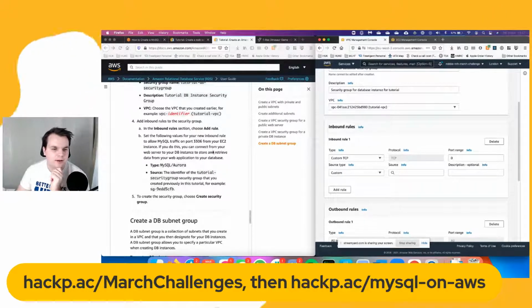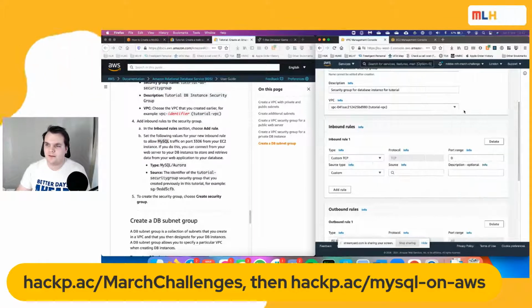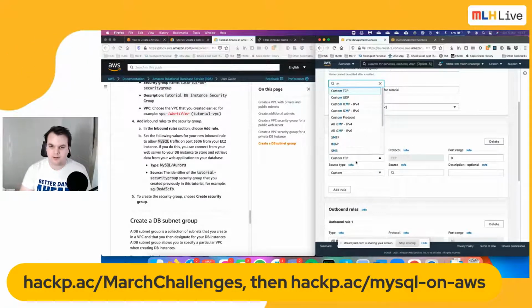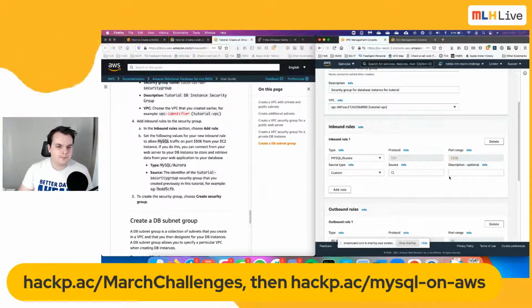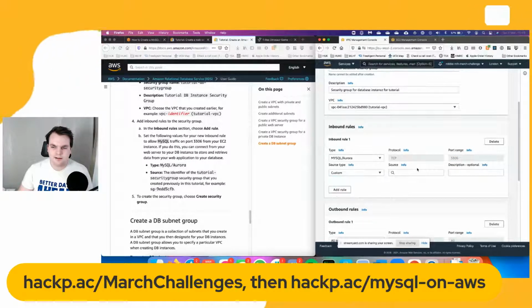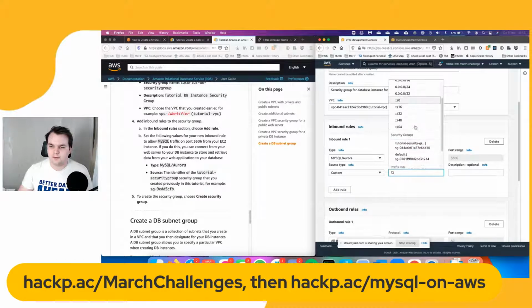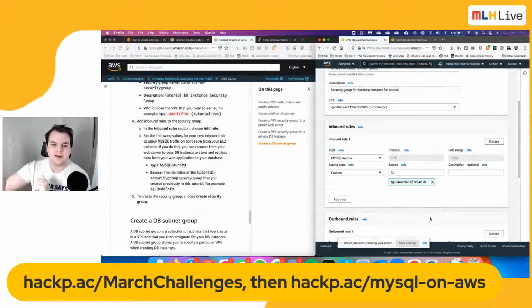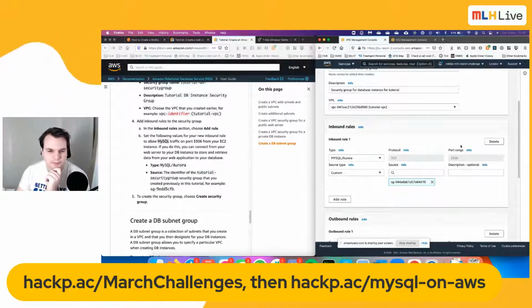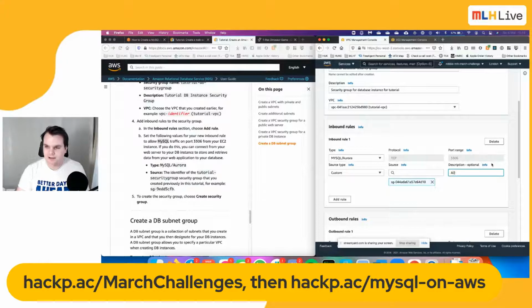So in our case, we want to allow MySQL traffic. So we'll go, type is MySQL. All that does is it pre-selects the protocol and the port range for us. And then we want to select the source as the name of that security group that we set up, the one ending in 10, tutorial security group. So we're allowing traffic from that security group into this security group. Say allow traffic